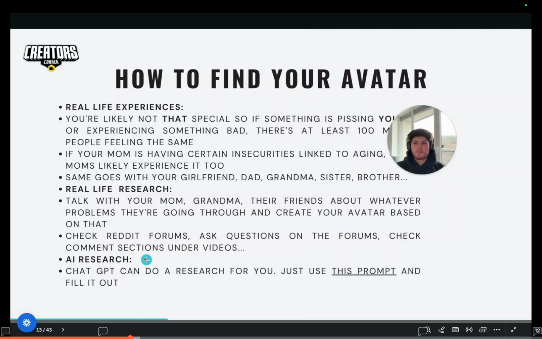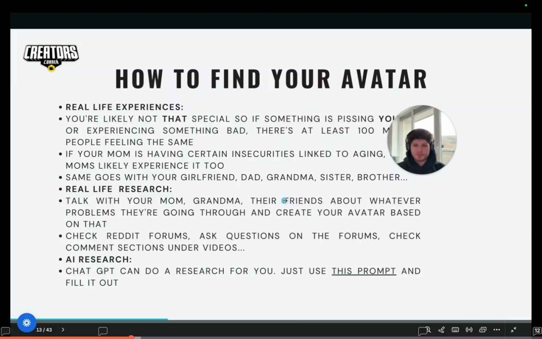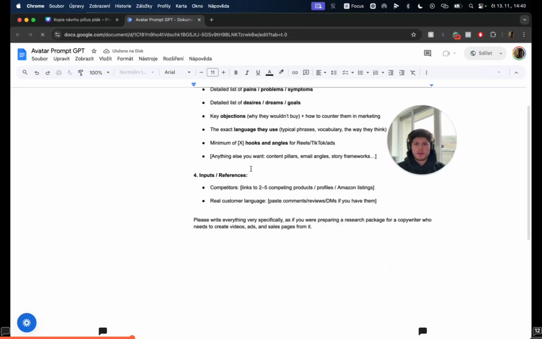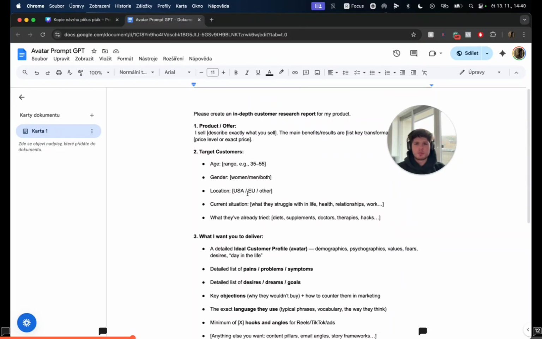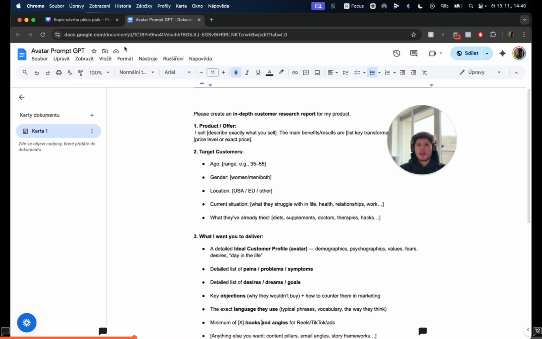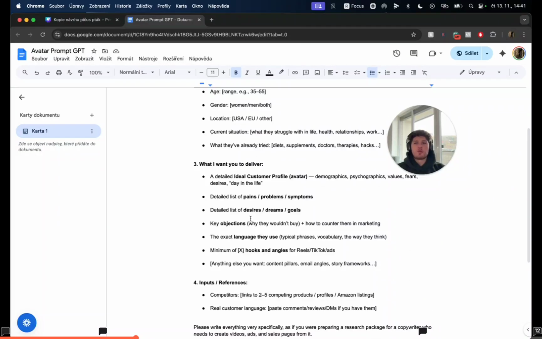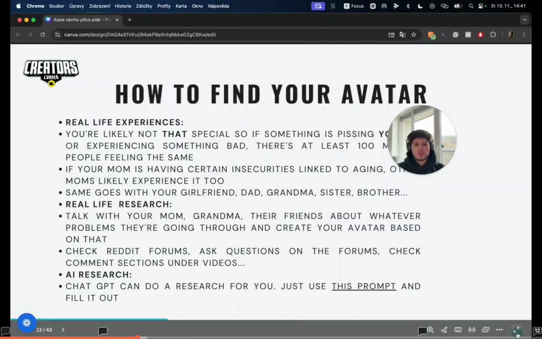And then the last thing that you should stick to if you're socially awkward and can't talk to people properly is ChatGPT. ChatGPT can actually do research for you. You can use this prompt that I linked here and just fill out whatever is in it: the target customer, the product, the price of the product and whatever, and then put it into ChatGPT. It will take, for example, 30 minutes for GPT to make a proper research and tell you all the marketing angles, but it's something that will absolutely change your scripts and make you convert probably 20 times more. So also a super interesting thing.